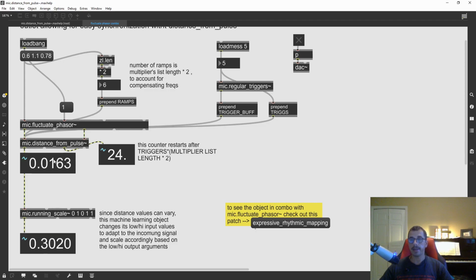For instance, adding an accent when the distance is small, or denying that pulse by, for instance, adding an accent when the trigger is far from the pulse. And since these values can vary arbitrarily, and it's hard to predict how they behave over time, I